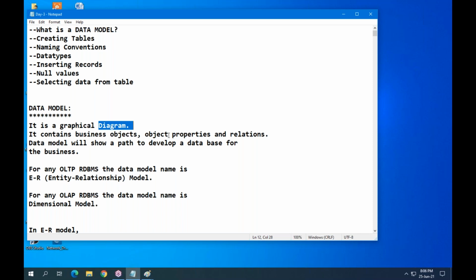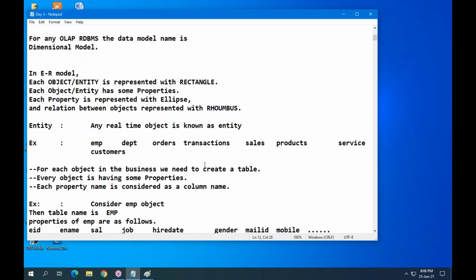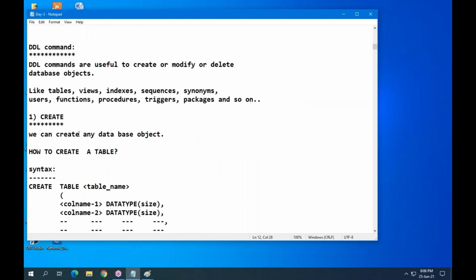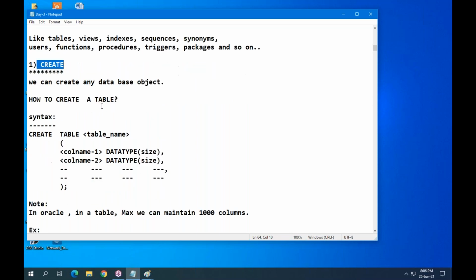So we know how to create a table. The first command we discussed in the last video is the create command. How to create a table: create table, table name, and open bracket, column name, data type, size, comma, column 2, data type, size.